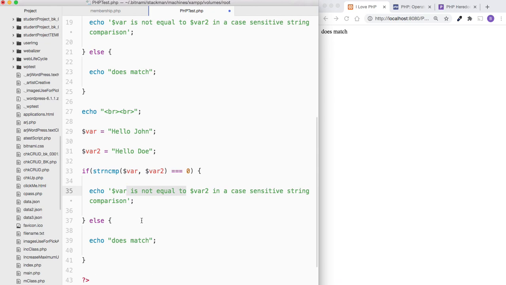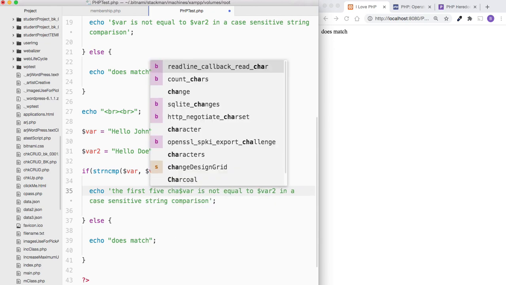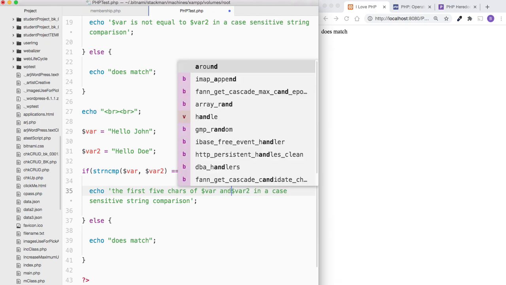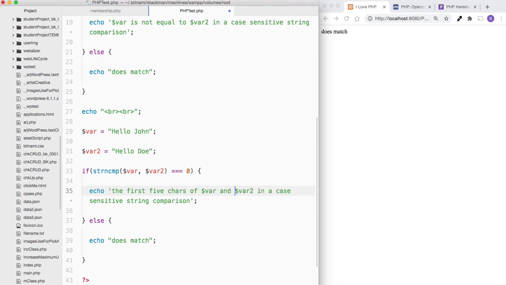Okay, how about this? This is the part where the first 5 characters of this guy, and this is where you can use it for, and this guy